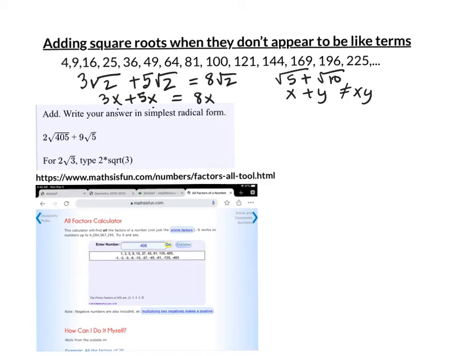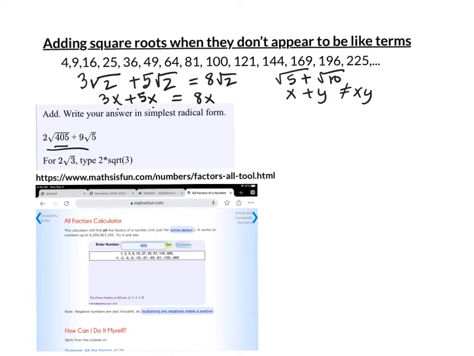But sometimes you can add them if one of the roots simplifies and they end up being like terms. And that's what this next example is. So when you look at this question, 2 root 405 plus 9 root 5, it appears that we can't add them because they're not like terms. But